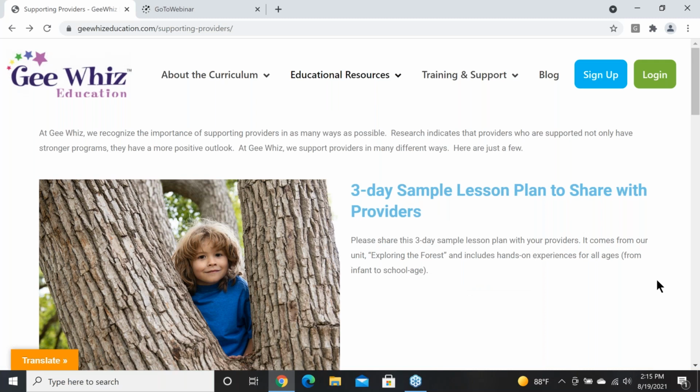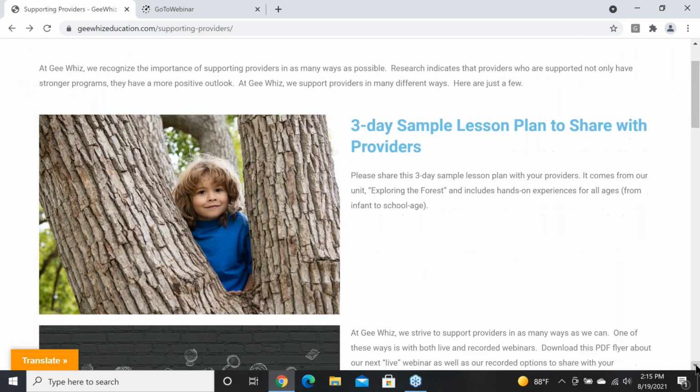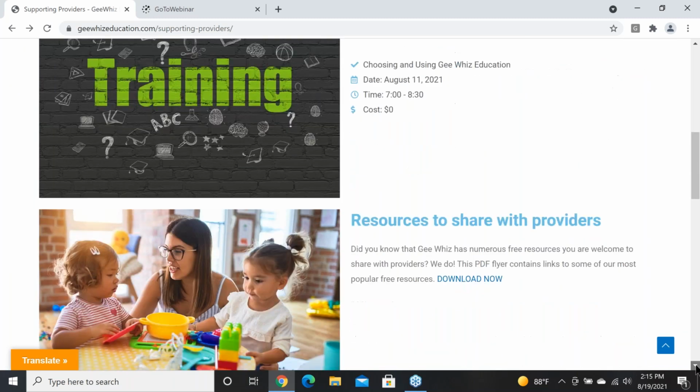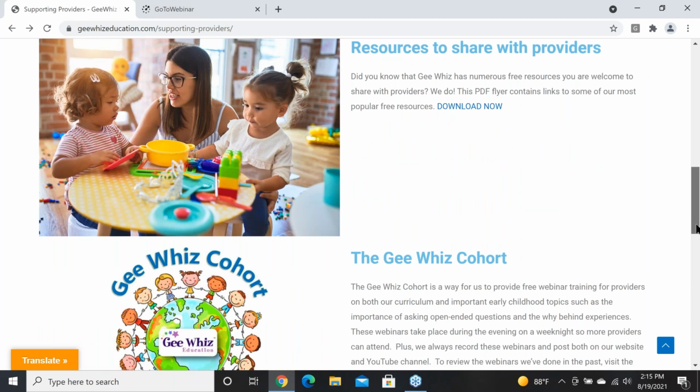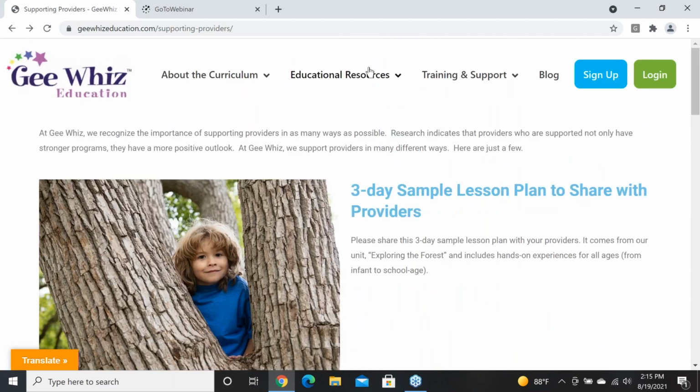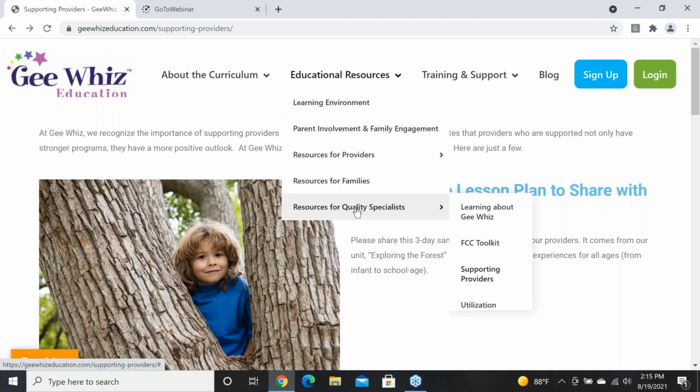That's an important little tab for you guys as trainers, but there are no questions. So. Okay. There are other resources here that you are welcome to share with providers. And this talks about our cohort, which is the training part, but I'm going to go somewhere else to show you that. But before I leave this important tab under resources for quality specialists, I want to go here to